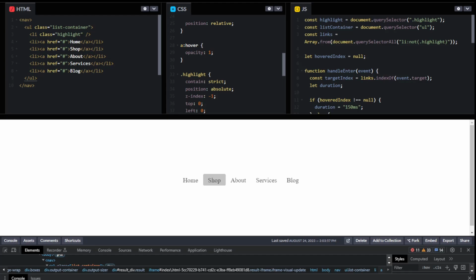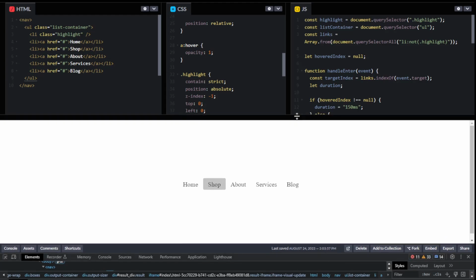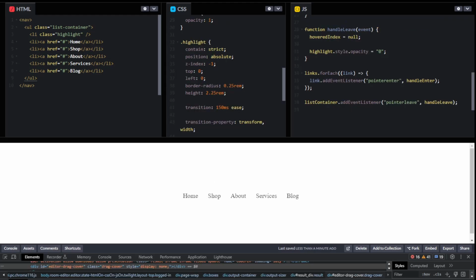So one time I saw in Vercel's dashboard and in Kevin Powell's video the directional hover navbar. Of course, that was for Kevin, and I was curious if I could do it in JavaScript, just to make it smooth. And then when we leave or stop hovering over the links and hover again, it will instantly transition. Now to fix this, so like make this invisible, we can make use of opacity. Okay,